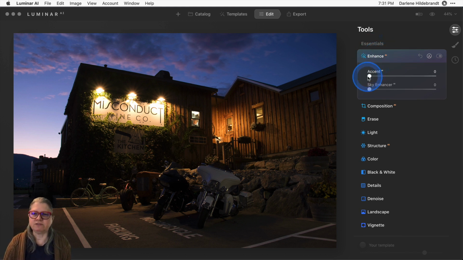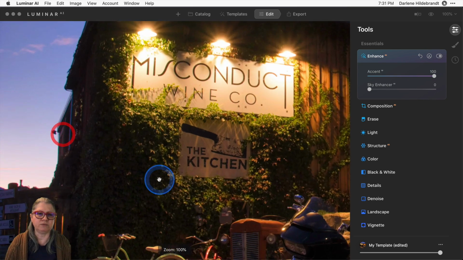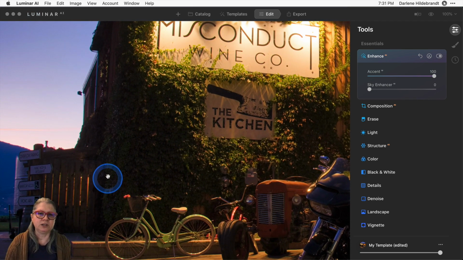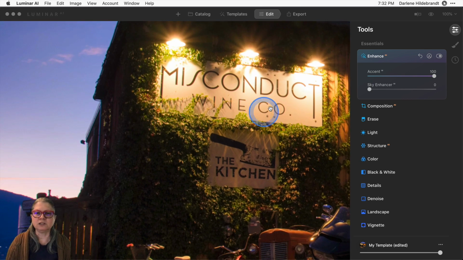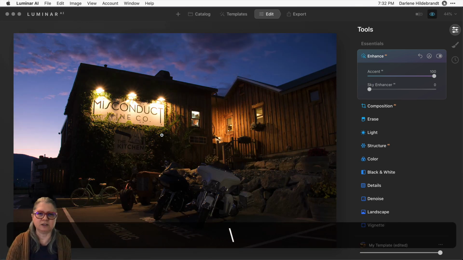So if we look at this one first, Accent AI will analyze your image and try to make changes that it thinks you need to make for this image. So let's see what it's done. I like to go all the way to an extreme with the sliders, see what they do, and then come back somewhere in the middle. In this case, it's done a pretty nice job. If we zoom in again to that problem area, it's done a really good job of retaining detail in this ivy or this wall here with all the plants. Still blown out a little bit on the highlights, but we can probably work with that. So right out of the gate, one slider has done that.